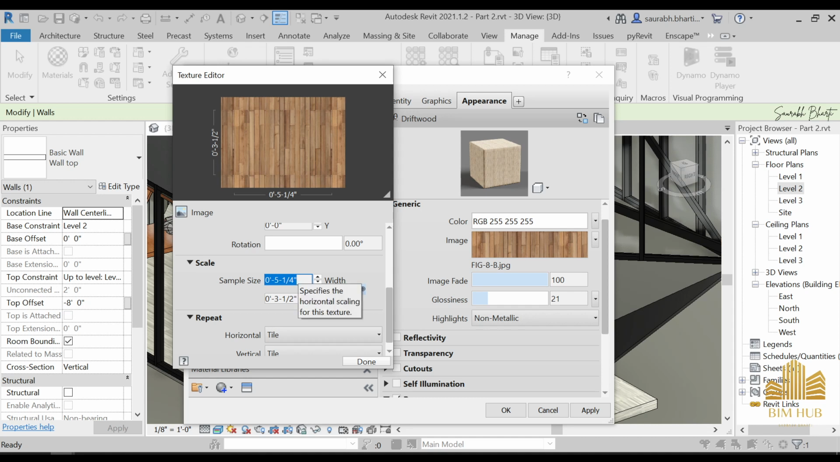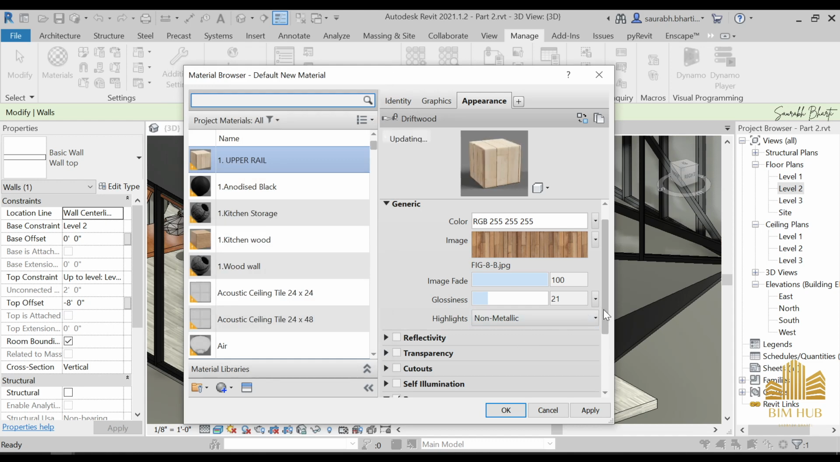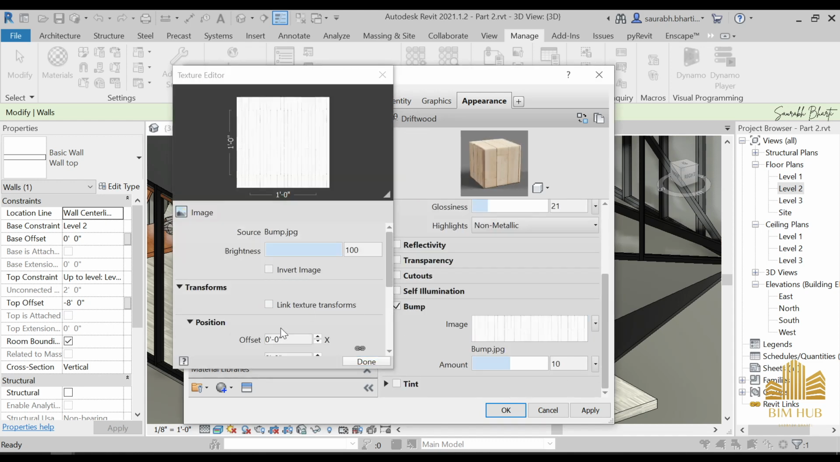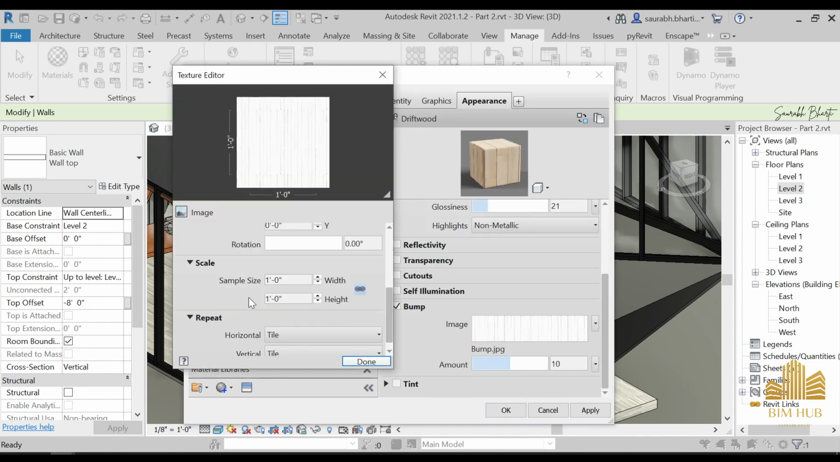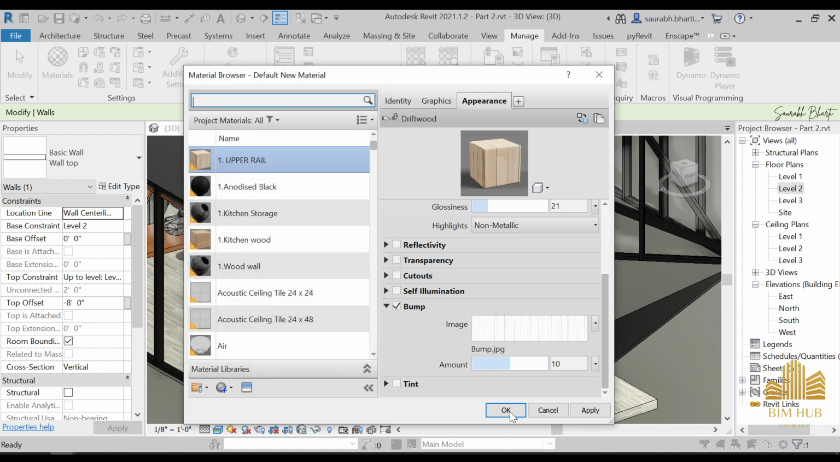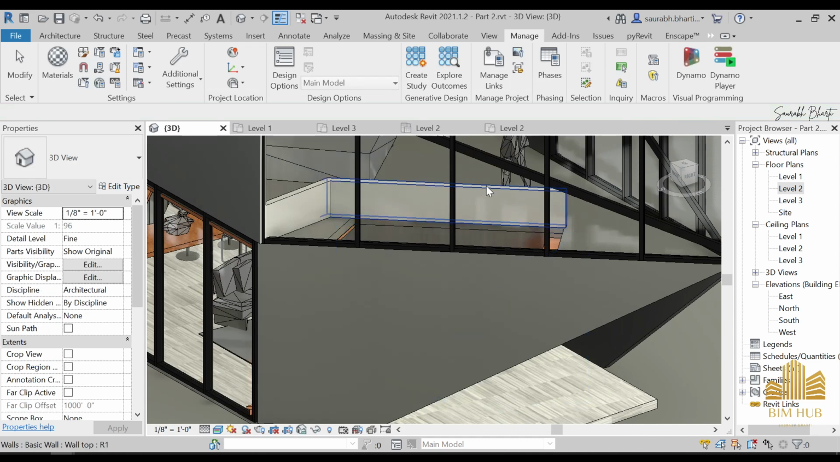So right now it is at this size. We can increase it by 5 feet by 5 feet, and let us check it out. So 5 feet by 5 feet is less, I think. 10 feet by 10 feet. And now go to this portion, and here also scale it by 10 feet by 10 feet. And now okay, apply, and select this